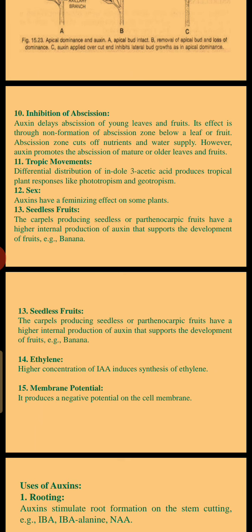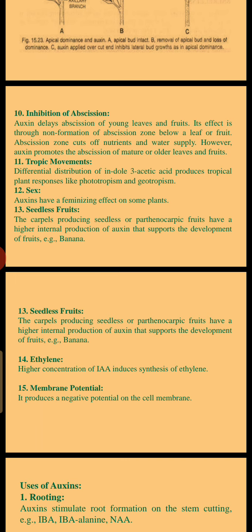Flowering: NAA, naphthalene acetic acid, and 2,4-D are often used in inducing flowering in lychee and pineapple. Storage: it will prevent the sprouting of potato during cold storage. And pre-harvest drop: in orange and apple, if you give a low concentration of 2,4-D, then pre-harvest losses will be less. And finally, in some cases, prevention of lodging of fruit, and dwarf shoots.